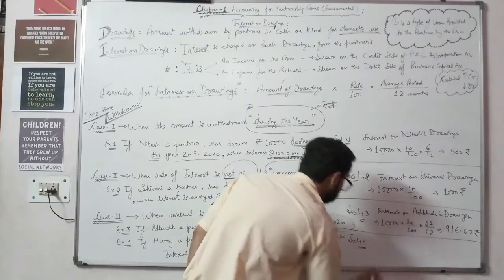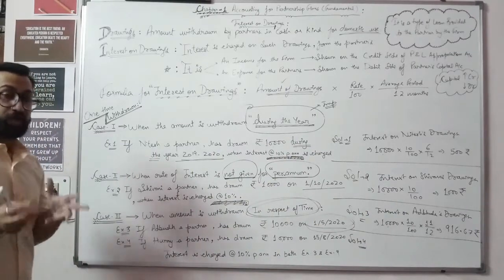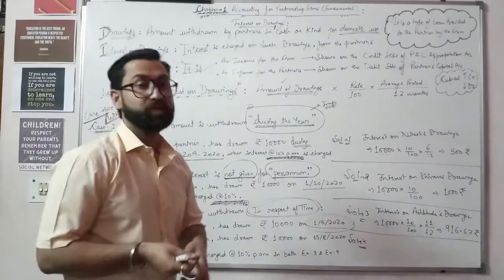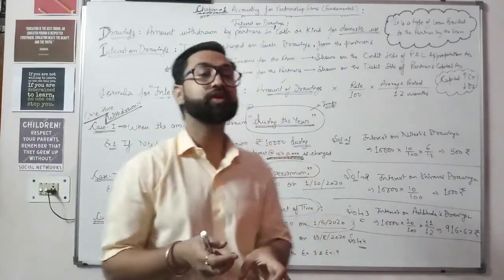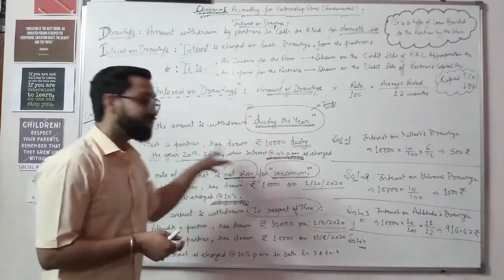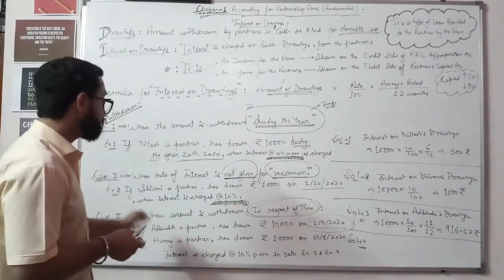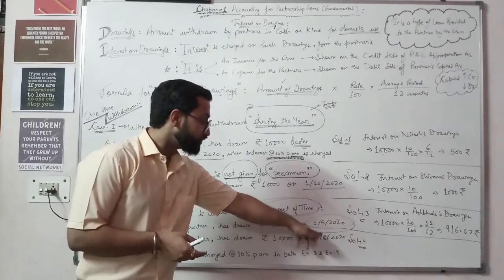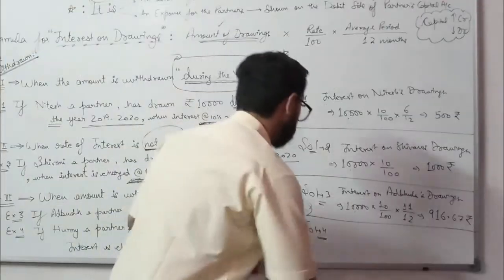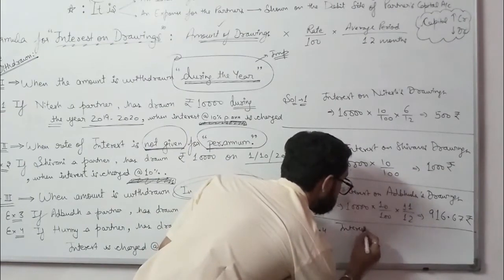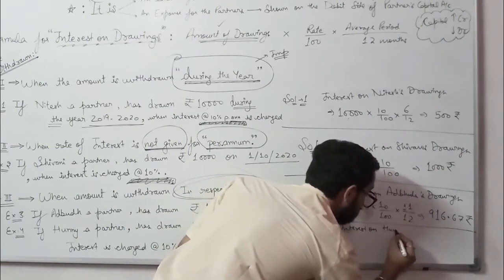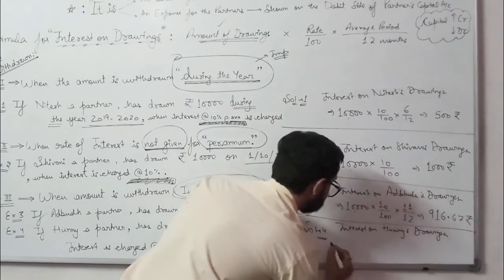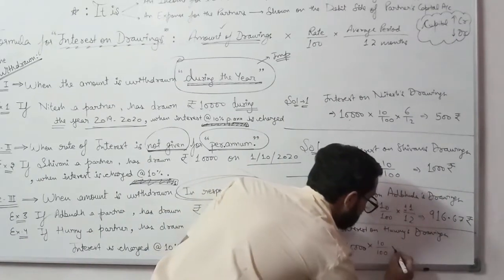Now, solution to question 4. To make you clear the whole concept, I have given 2 questions. There is not a big difference between these questions, but you have to understand the keywords which I have been using. Like in the first case, during the year; in the second, per annum will be missing; and in the third, time. If Honey, a partner, has drawn 10,000 on 15th of August 2020, solution 4: interest on Honey's drawings will be 10,000 into 10 upon 100 into